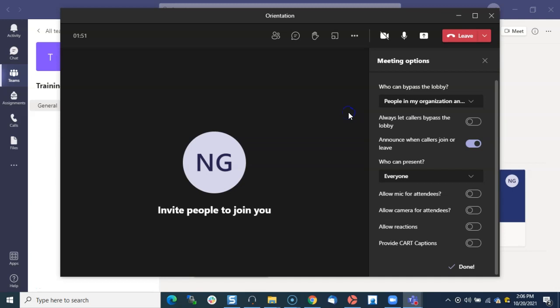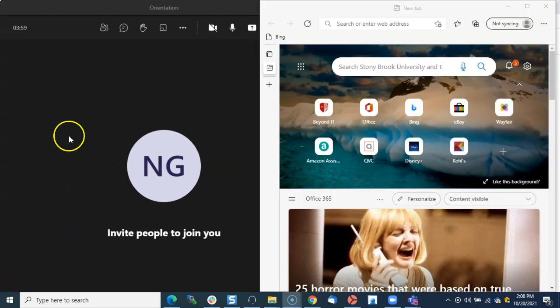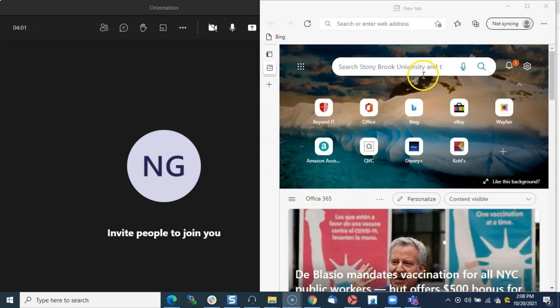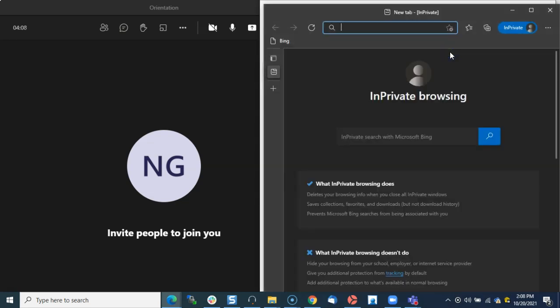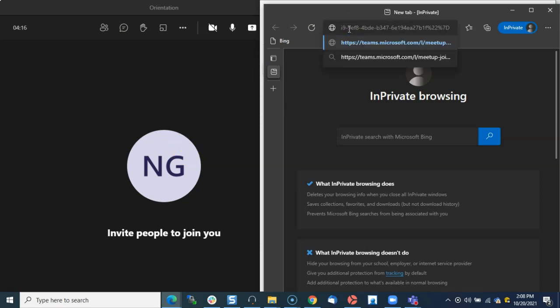So now I'm going to show you how I can allow anonymous users or guests into my meeting, and to show you that it is set up correctly so that I can allow people external to Stony Brook University to come into my meeting. Here I've split my screen. I have Teams on one side and I have a browser on the other side. I'm going to open up a private browser to make sure I'm not signed into anything and I can get into this team meeting. Here I'm going to paste that meeting URL,